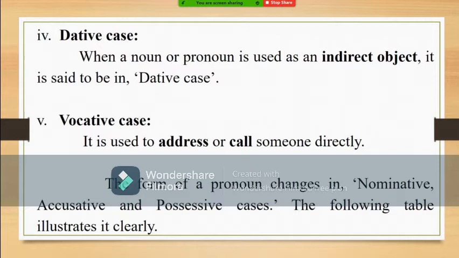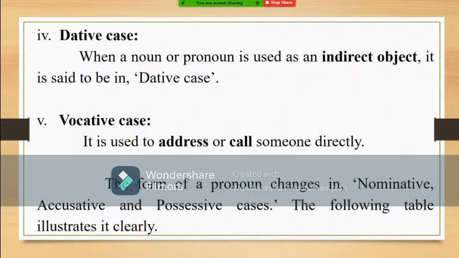Like that, he in the second sentence is the subject, he. When it is the subject, he. That person, singular, masculine gender. That he becomes him when it becomes an object. So we have to note down those changes in pronouns.